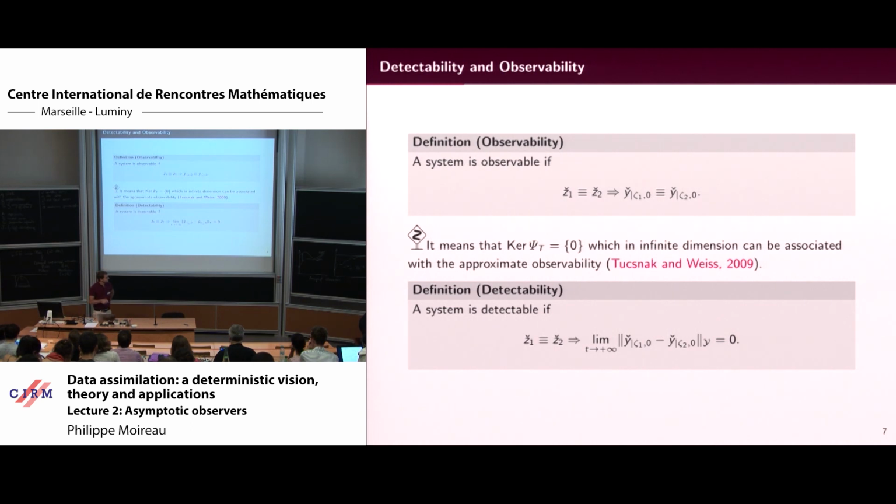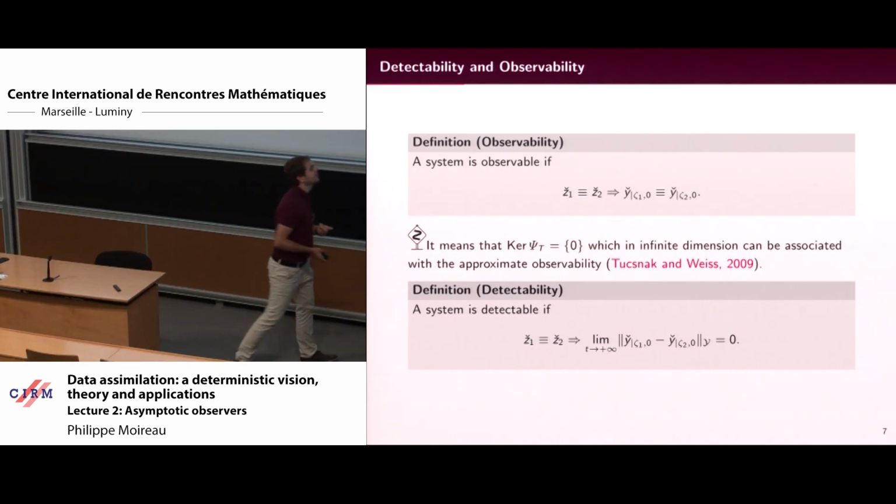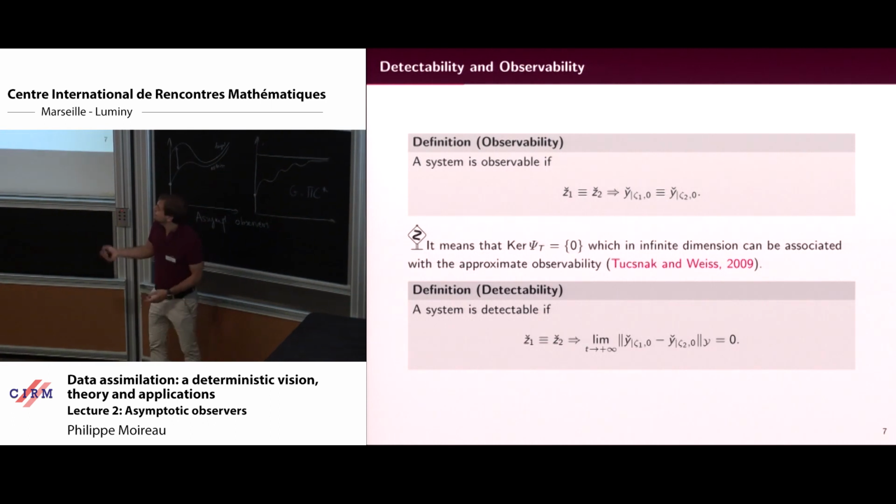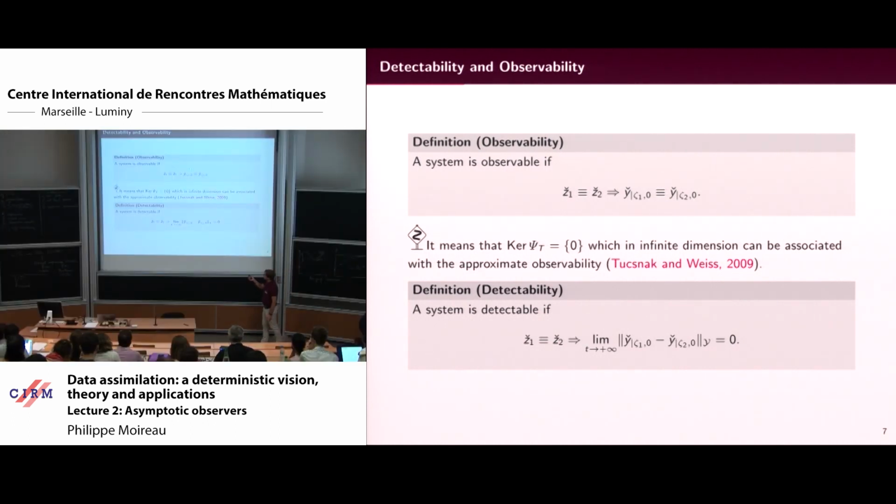When I talked yesterday about Kalman, I did not introduce this type of notion. I just said Kalman is the equivalent of the least square estimator. But actually, if Kalman works, it's because you will have this type of property for your system. Otherwise, you will get something which is not convergent, so you will get a trajectory, but not necessarily the good one, as what you will get for the least square estimator, actually.